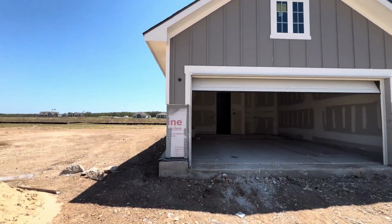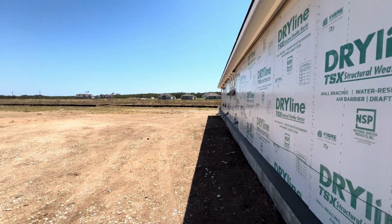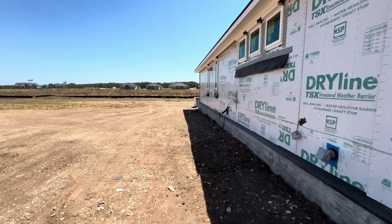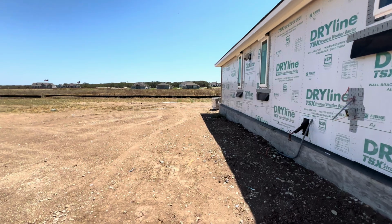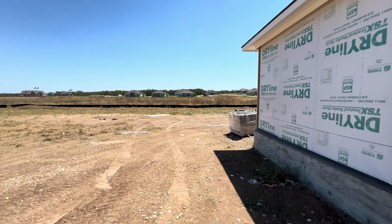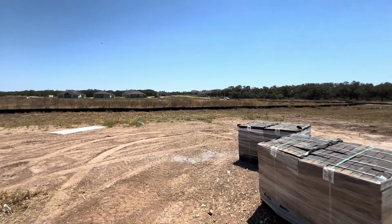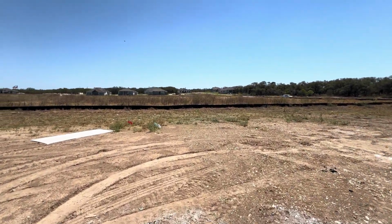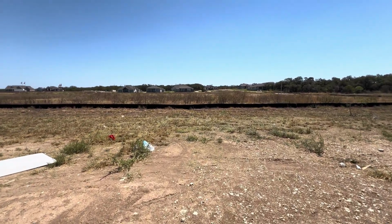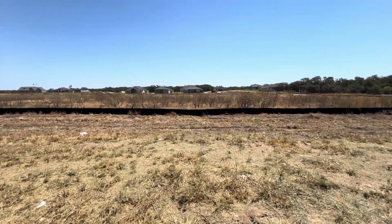I forgot the name of the floor plan of this one, but I'll include it in the title of the video, and definitely let you know all that. But yeah, this one is going to be with the longest backyard, so it's going to be 50 feet in the front and a 50-foot wide lot, 150 feet deep, all the way out there. And yeah, let me just walk back here just to give you